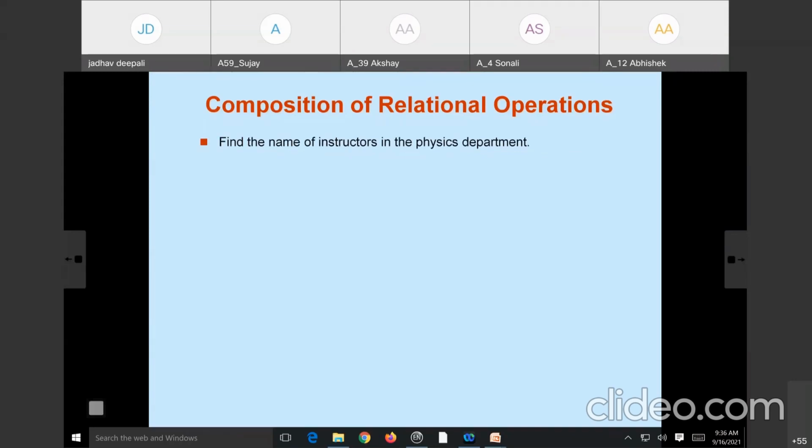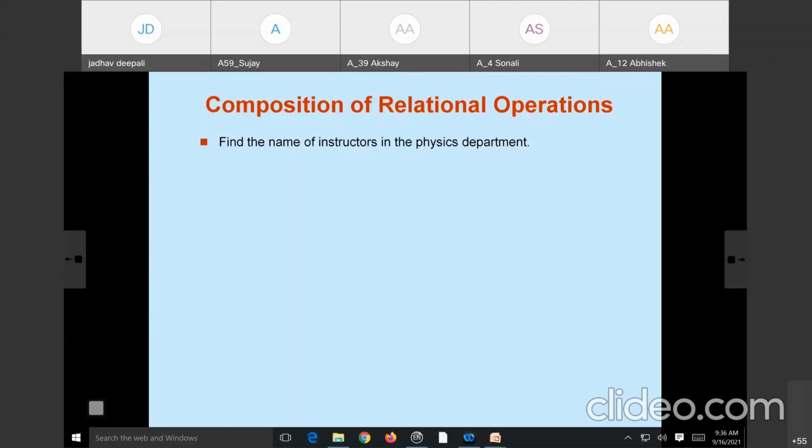From this problem statement, the first thing is that we need the instructor relation, correct? Why? In the instructor relation, ID is there, name is there, salary is there and department name is there. So the predicate is that the department name should be physics. And what do we want in the result? In the result we want only the name of the instructors from the physics department.